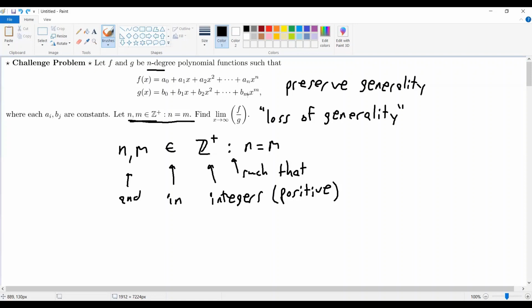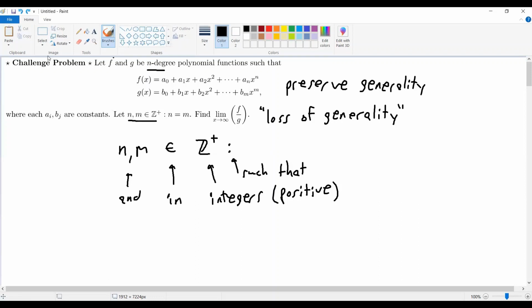Now, of course, you could just replace the m here with an n, and it would actually work. But I wanted to avoid confusion, essentially, over the difference between the two functions. So that's the only reason why this is here, is just to essentially show that n and m are the same size so that you have the same degree for both functions. So then after all that,